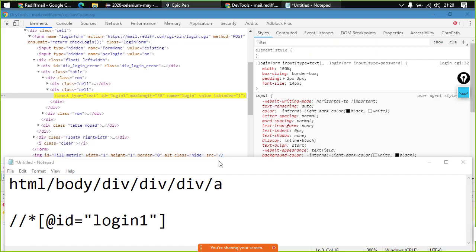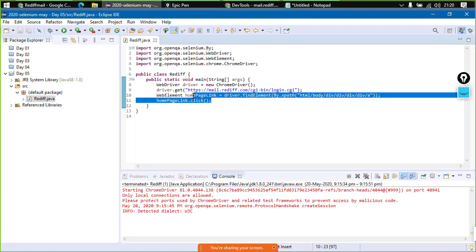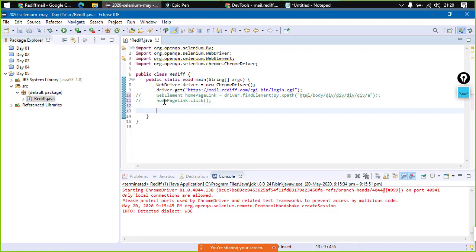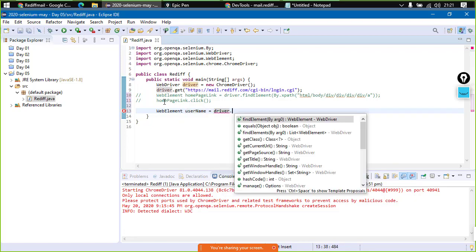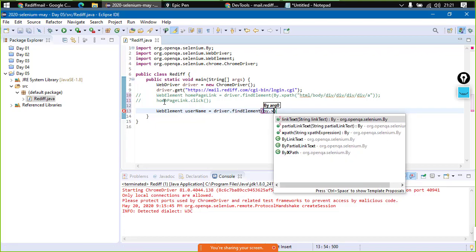Now over here, will this XPath work for us? Yes, it will work. Let us just see that. So instead of clicking here, instead of retrieving this element and clicking on it, I'll just comment out this particular part. We'll retrieve the web element, right? And this time say username equals to driver dot find element by XPath, right?